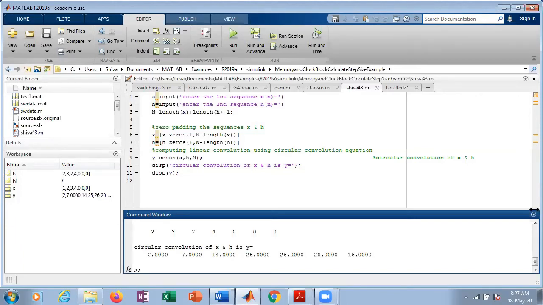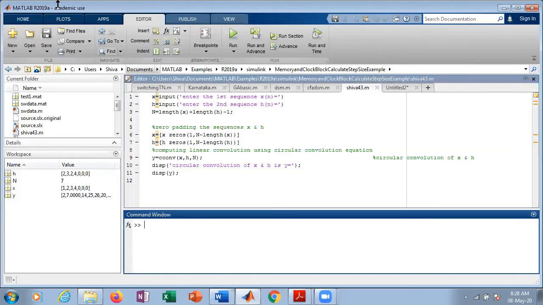We will try different cases also, that is, different length sequences. I will run the program once again and give a different sequence. I've given 1 and 2 here, and the second sequence is 1, 3, 5.